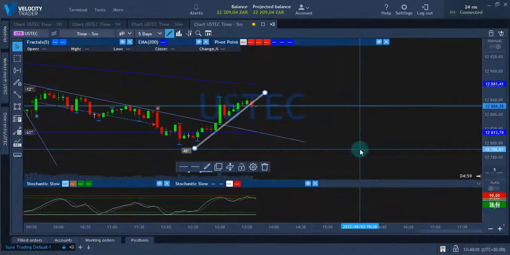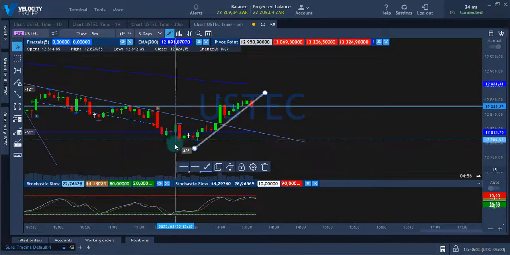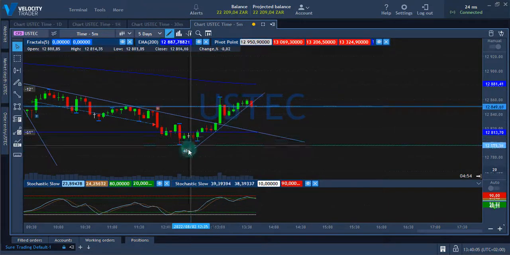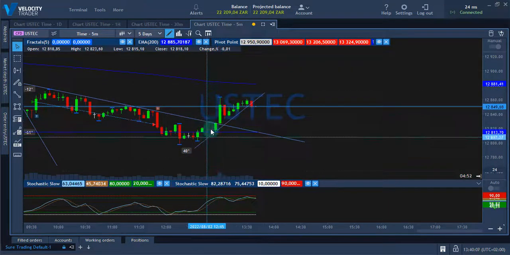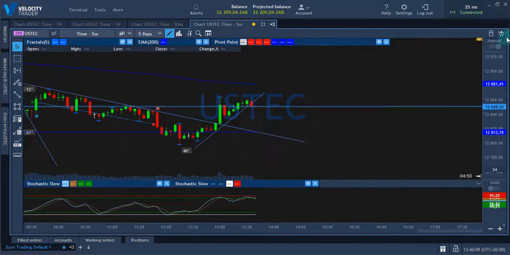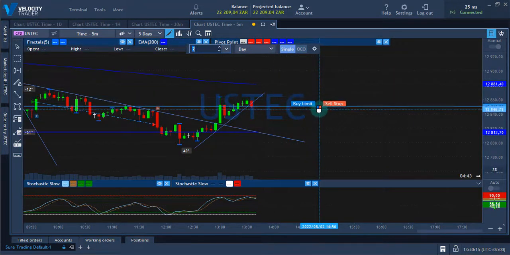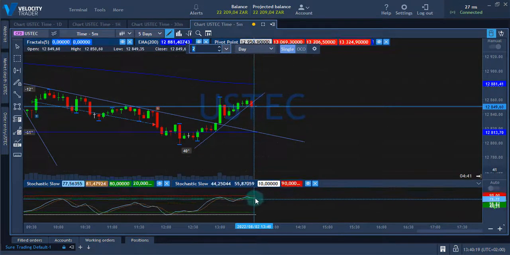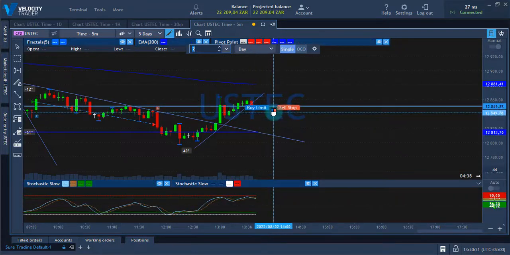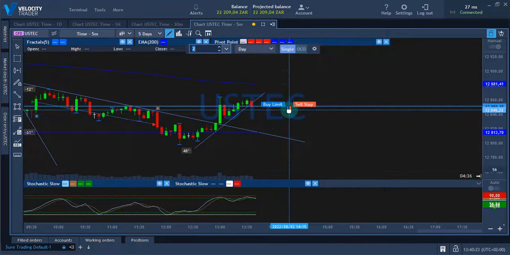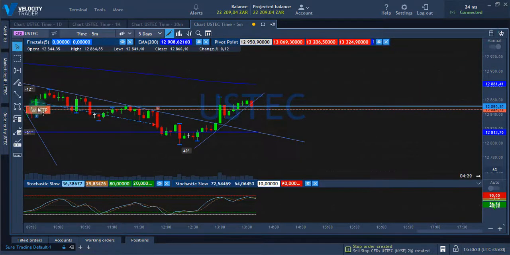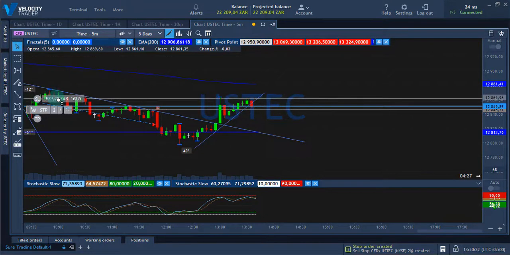Okay, so it's 1:39. We've just broken below this trend line that I've drawn over here. As you can see, it went up after we last recorded the clip. So I'm going to place an order to go short over here as it's broken through the 80 on the stochastic. So I place the order over here, just below this,